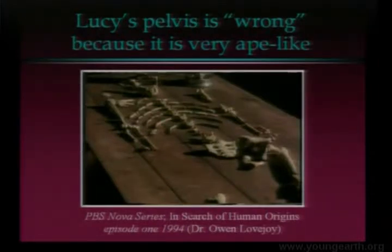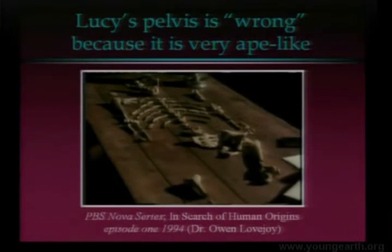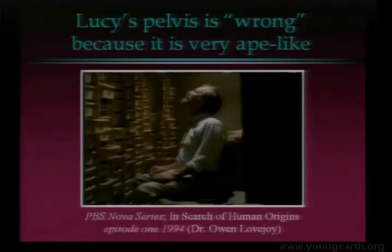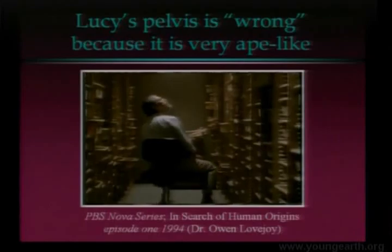Get it started here. The ape that stood up, it was a revolutionary idea. We needed Owen Lovejoy's expertise again, because the evidence wasn't quite adding up. The knee looked